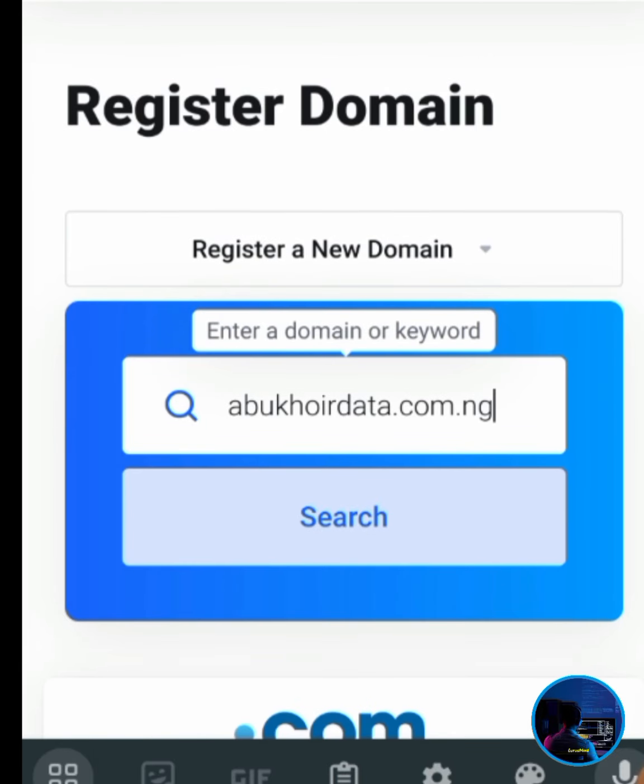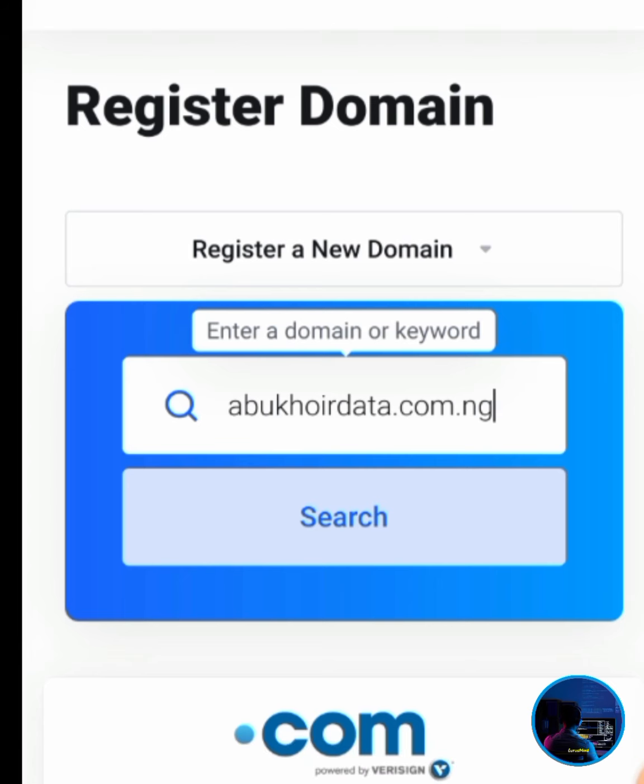Please, you need to be very careful when you're registering a URL. You need to make sure the word is correctly spelled, because when you register and you've paid, I don't know, because I've not tried it before, I don't think you'll be able to rewrite or edit the already registered domain, except you register another one. So you need to go over it again and ensure that it is correctly spelled, abuhoydata.com.ng. And so now you click on search to check if this domain you want to register is actually available,